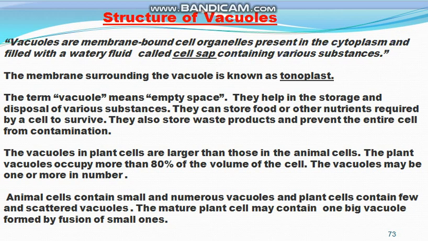So vacuoles are present in the cytoplasm of the cell, and they are membrane bound, and inside the vacuole there is a watery fluid known as cell sap, which contains many substances. The membrane surrounding the vacuole is known as tonoplast. It means the membrane of the vacuole is known as tonoplast, and the term vacuole means empty space, and these